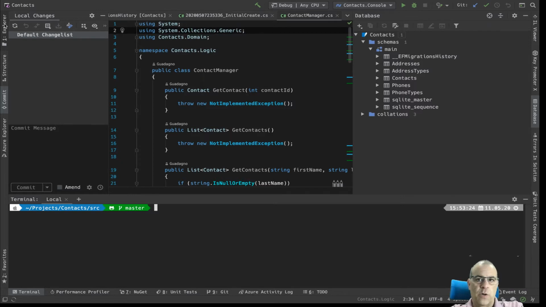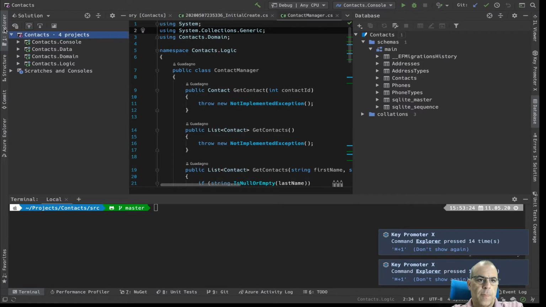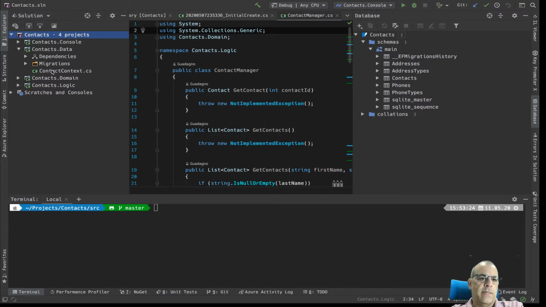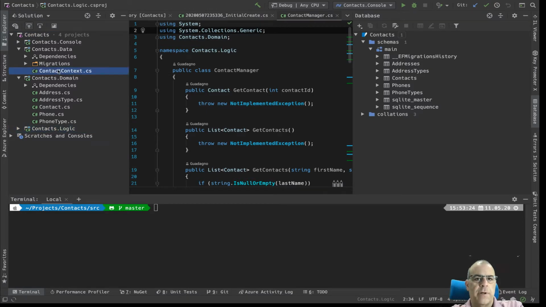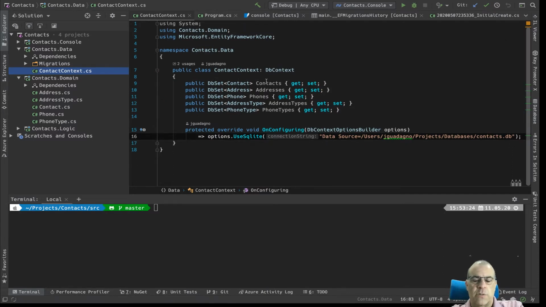So if we open up the Solution Explorer, we'll see we have a console app, which I later found out after the demo we did last week is not really needed. We have our data, which has our context, which is used in Entity Framework, our migrations, as well as our domain and logic level. If we look right now at our contacts context, it just shows we have the contacts, and we're saving the addresses, phone numbers, address types, and phone types,